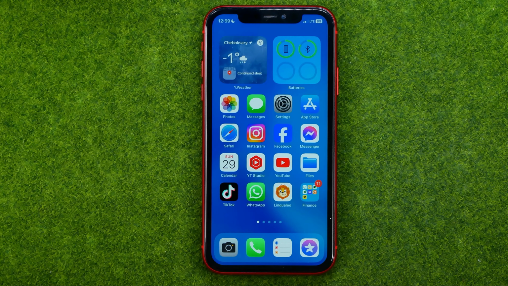In this video, I'm going to show you how you can easily find all screen recordings on your iPhone's camera